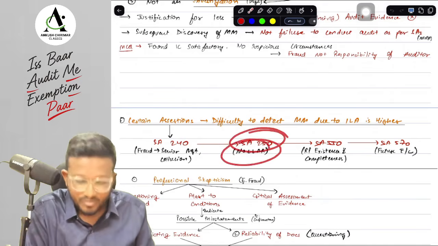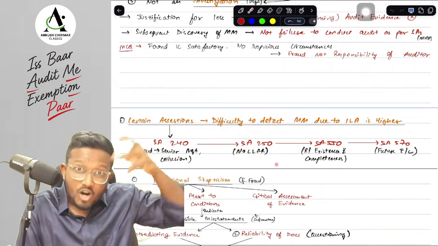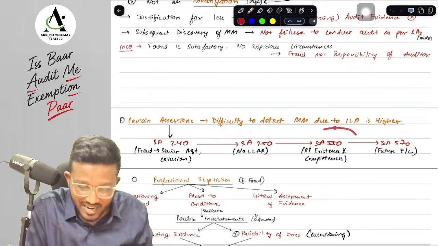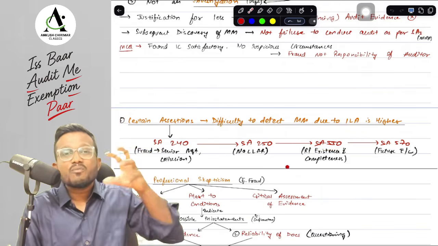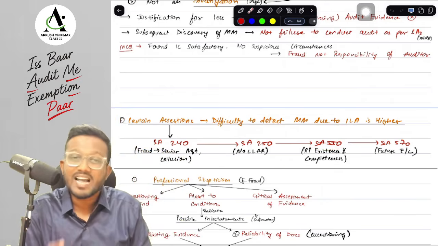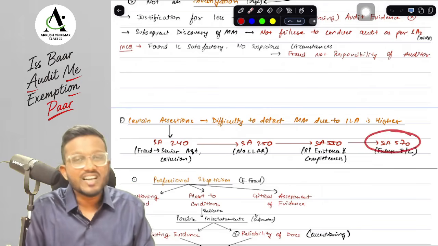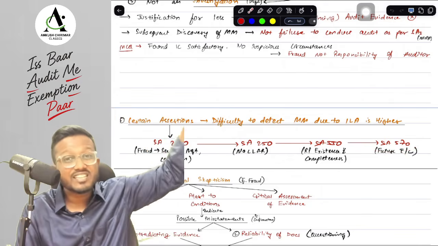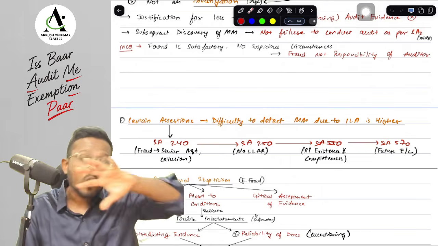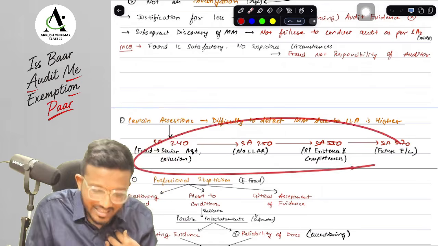In terms of SA 250, there are many laws and regulations that are applicable on the organization. So the entity might not be complying with any of the laws and regulations, and I might not be knowing about it. Next, in terms of SA 550, management is the one who tells me who are the related parties. Suppose management is hiding one of the related parties, I will never get to know that it was a related party. Next, in terms of SA 570, there are future events or conditions that may cast significant doubt on the entity's ability to continue as a going concern, and I will not get to know about these future events and conditions because I am not an astrologer. So these are the events or circumstances.